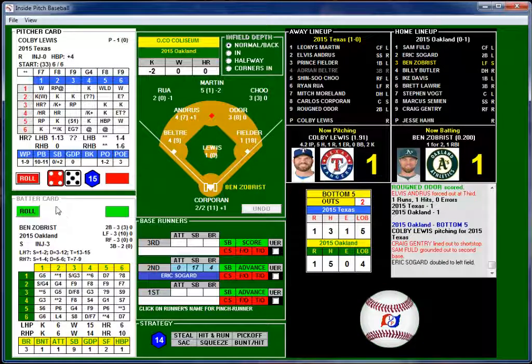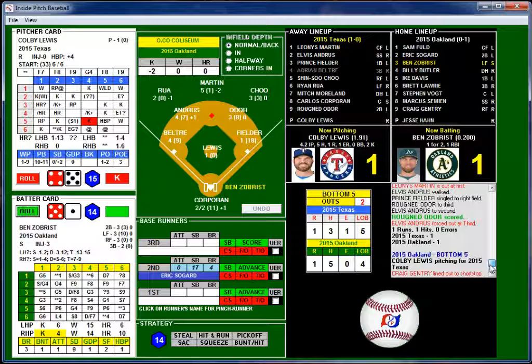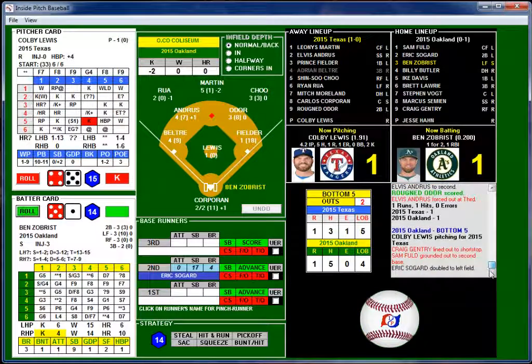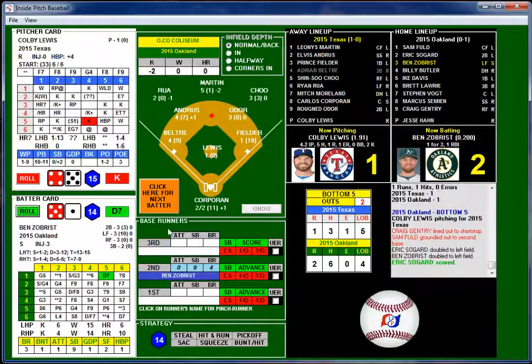He's 1 for 2 today with an RBI, 45, and no strikeouts. 51. He hits a double. Back-to-back doubles into left field. Was that into left field? Let's see. Sogard. Yeah, left field. Okay, right there was. So he's 51. And it's a double. And they do get that run right back here in the bottom of the fifth,